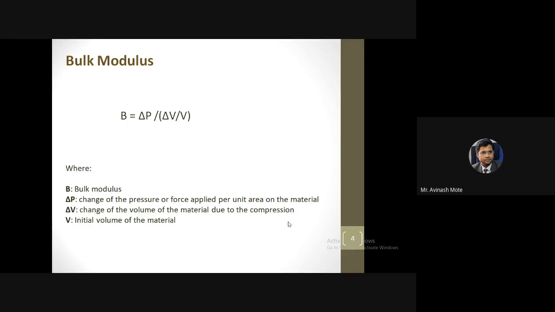Now, if we are having the bulk factor, or for the time being you can consider this as a bulk modulus also, if we know the bulk factor and we know the final volume of the component, we can easily calculate the volume of the raw material, and that's what we aim. We want to know, for such a volume of product, how much volume of raw material is required. So ultimately, we have to calculate the volume of raw material required.